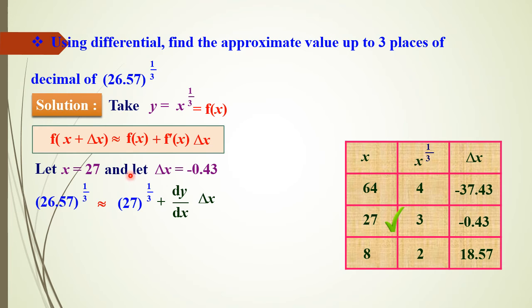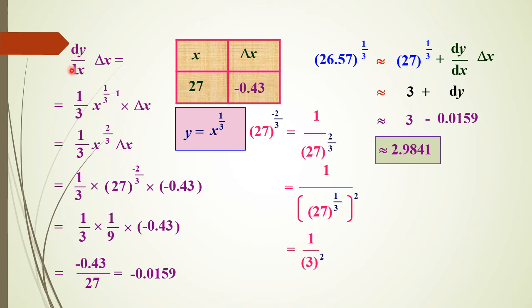Okay, next, similar procedure. See, dy by dx equal to 1 by 3 x to the power 1 by 3 minus 1, into delta x. We know its value, then you simplify, again you'll be getting this much. This is the value of dy by dx into delta x. Next, substitute all its values, with 3 minus 0.0159 you'll be getting